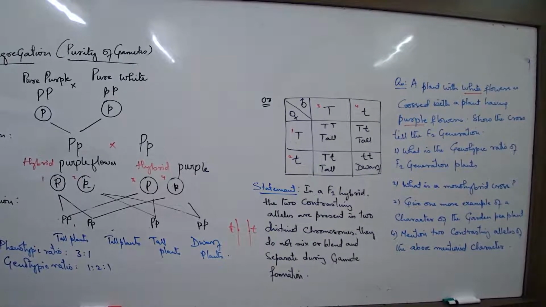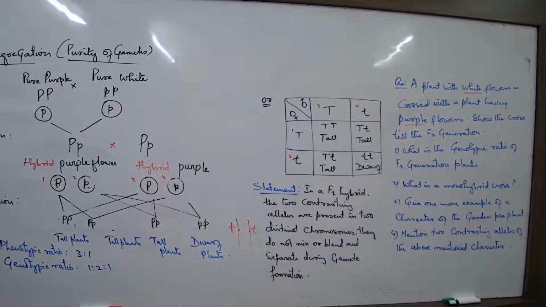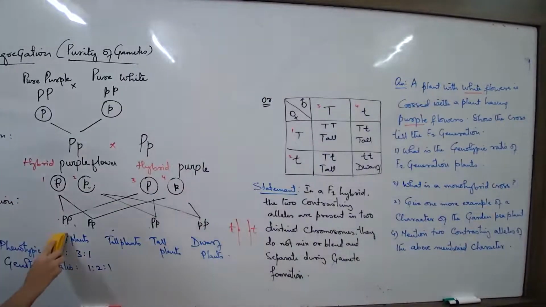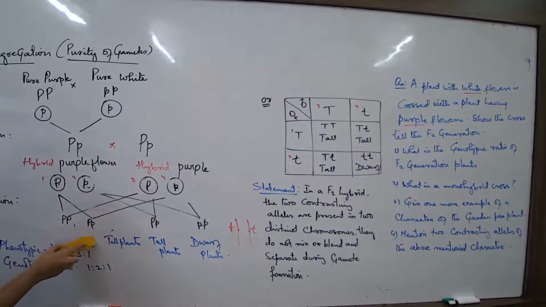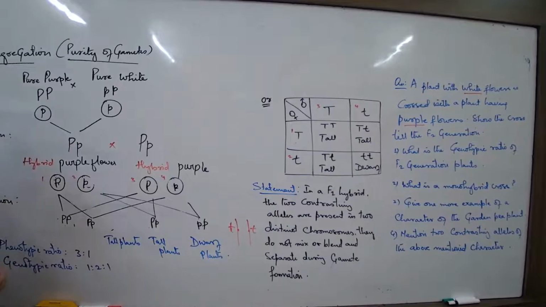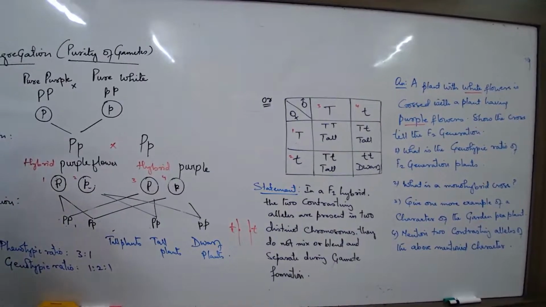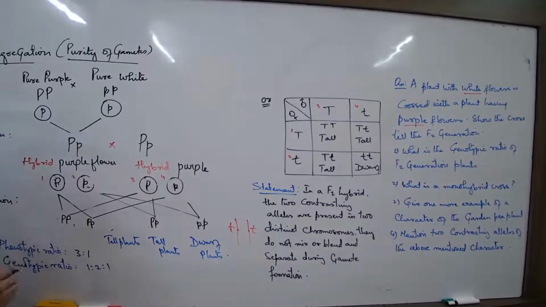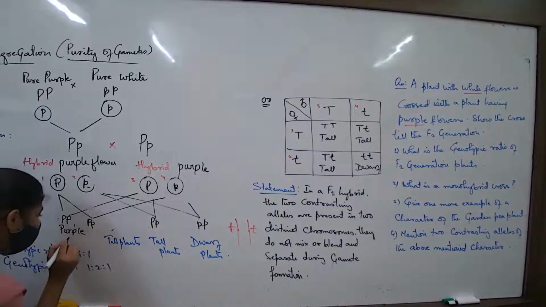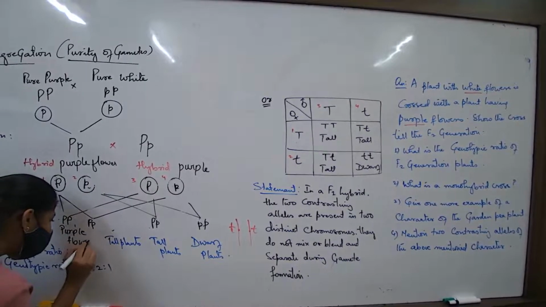कैपिटल P अगर जेनोटाइप है तो फेनोटाइप क्या होगा? One by one, not to confuse, एक के बाद एक लिखते जाओ। पर्पल होगा कि व्हाइट होगा? पर्पल लिखो।